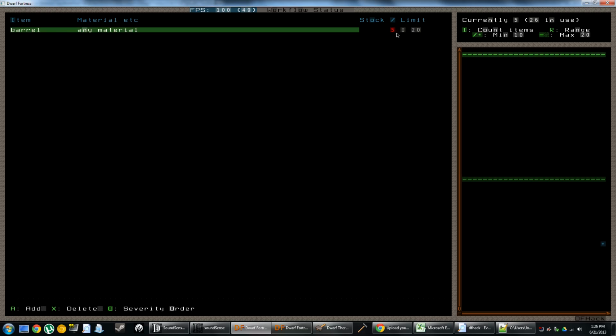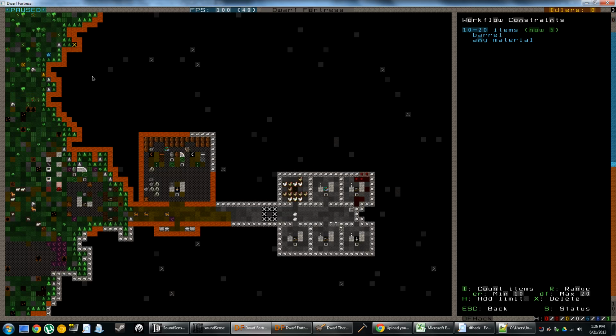So we're tracking barrels made out of anything. We currently have 5, and we have a limit of 20. So on any workshop that has a barrel job, if we have less than 20, workflow will automatically unsuspend that job, effectively turning it back on. If we have more than 20, it will automatically suspend the job. So it auto-regulates the supply limits. So I want some barrels. I also want some...